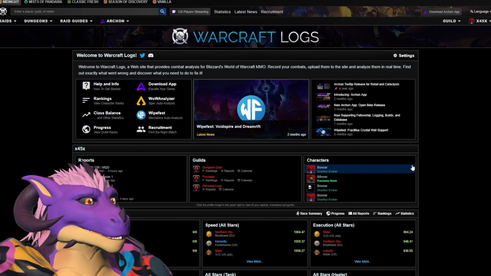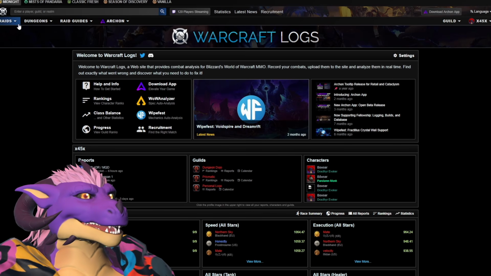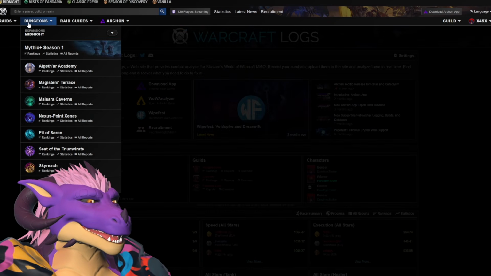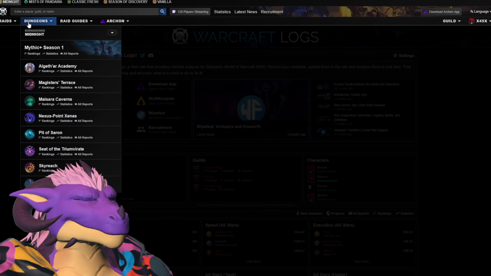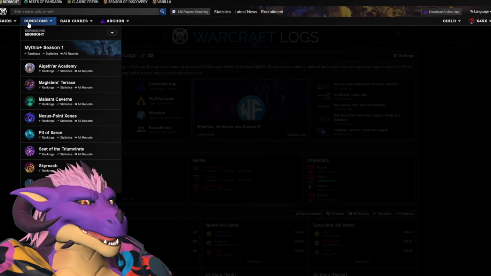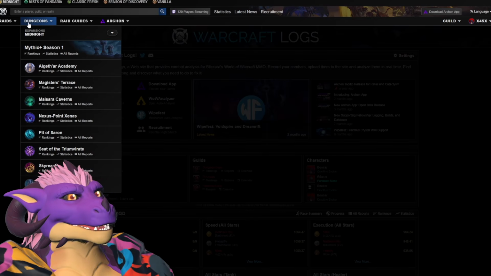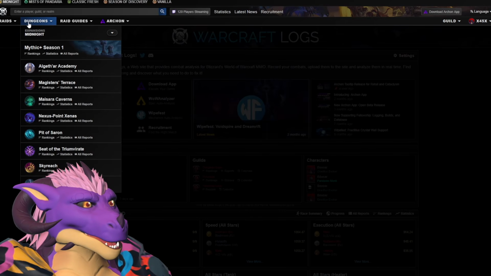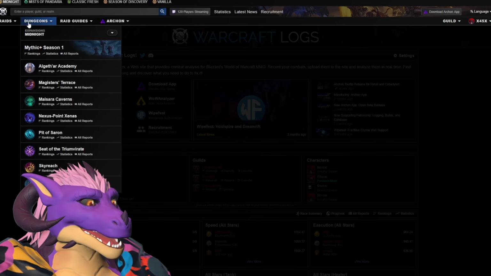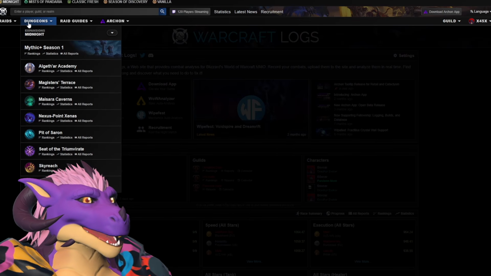Now, before we get really into the weeds, just note we are going to talk raids and dungeons, but dungeons are an easier place to start because dungeons and Mythic Plus data is more set in stone, so to say, but you are changing your build sometimes from boss to boss in raid, whereas in Mythic Plus, there's a lot of similarities between places, so I think it's the easier place to just begin for right now, but don't worry, we'll be talking all about raids.